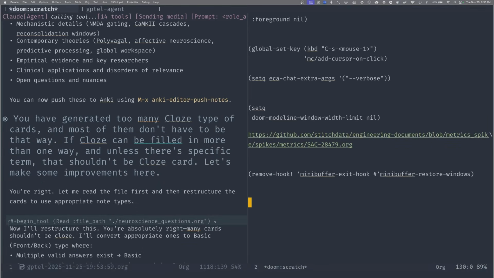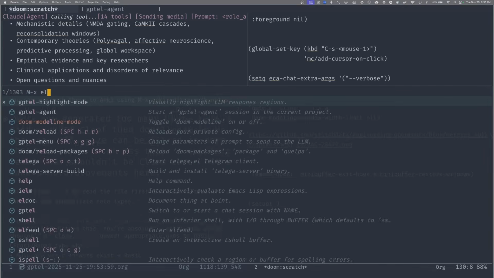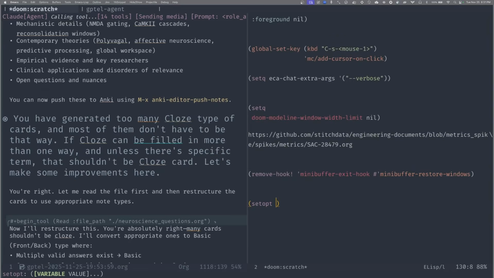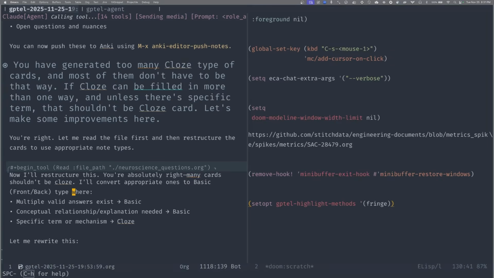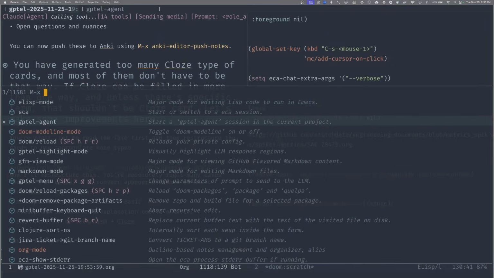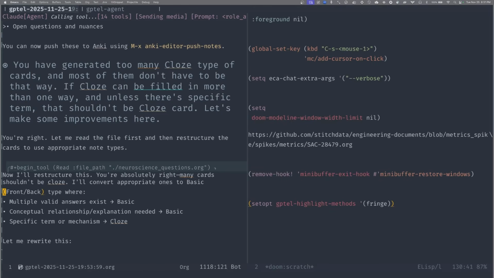No. Let's fix it. So gptel-highlight-methods. Set up the gptel-highlight-methods. It should be a quoted list, like that, with the entry fringe. All right. Okay, let's evaluate this. We're doing fringe. Okay, let's try it now. Going to highlight mode. Oh, still no. Okay. It's probably due to my... I'll tell you what it is. This is display inline. No, what was it?